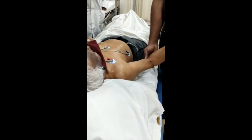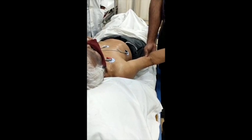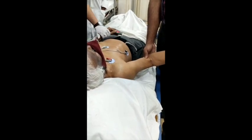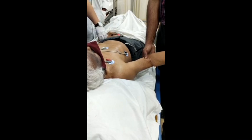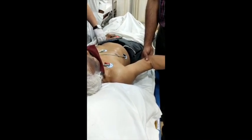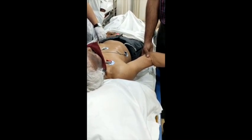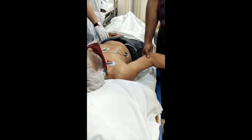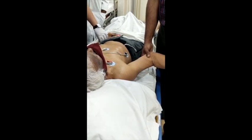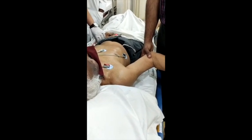So this is again an anterior dislocation of the shoulder, where the ball and socket joint is slipped, and the ball is slipped in front of the socket of the shoulder. What I'm doing here is gradually holding the patient's hand. You can observe my right hand is at the elbow. Left hand is holding the patient's arm, and I'm slowly lifting the hand forward and gradually externally rotating,